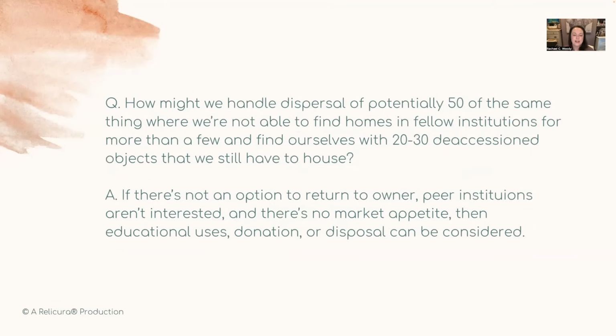Question: how might we handle dispersal of potentially 50 of the same thing, where we're not able to find homes in fellow institutions for more than a few, and find ourselves with 20 to 30 deaccessioned objects that we still have to house? So for these particular items that you have so many, even after rehoming some of them, if there's not an option to return to the owner, you've already hit up the peer institutions, and there's no market appetite, then